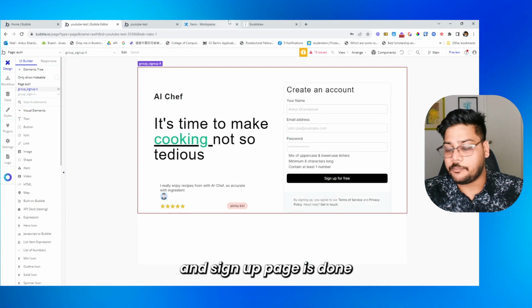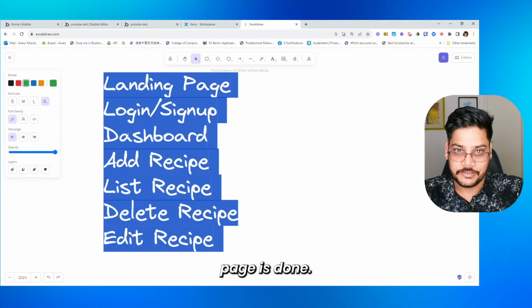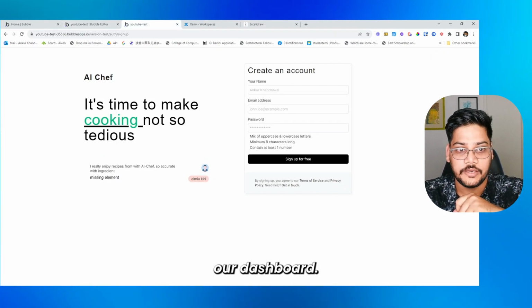Our login and sign up page is done. Our landing page is done. Next we have to build a dashboard. Okay,